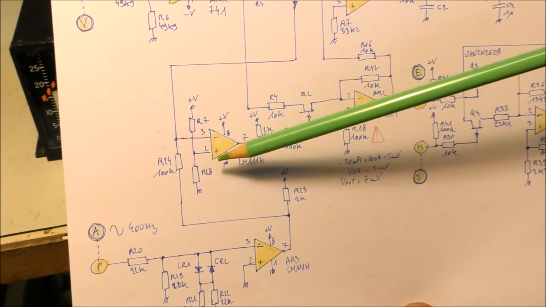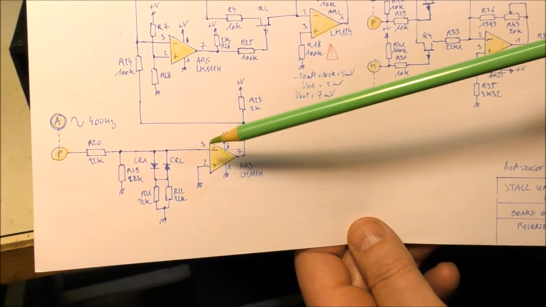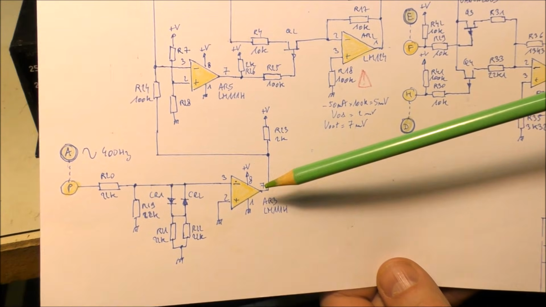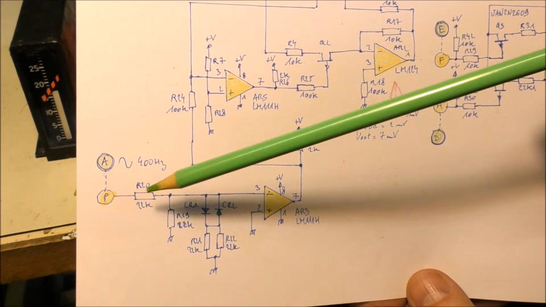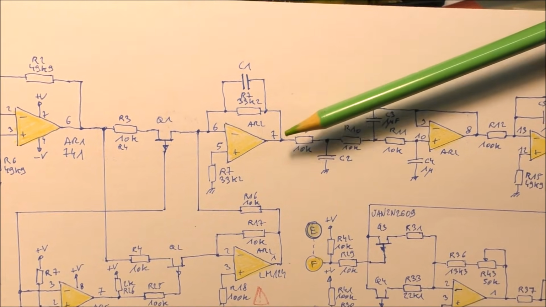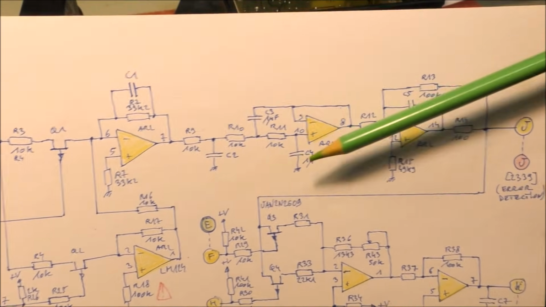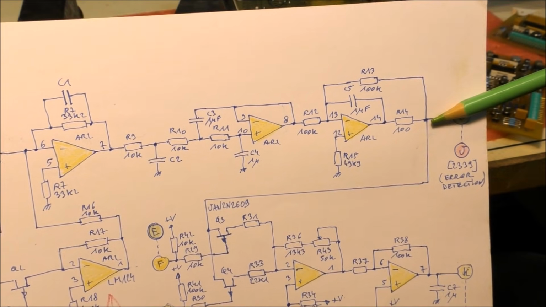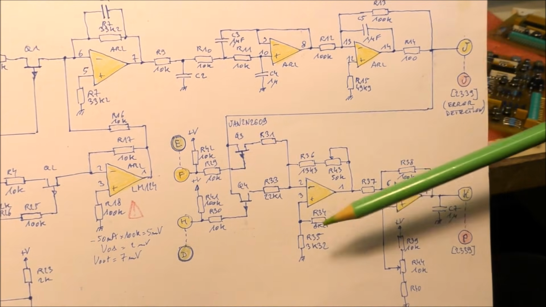So this permits to alternate between a gain of minus 3.3 and a gain of plus 3.3. We can see we have a comparator which permits to invert the square wave, and another comparator which permits to generate a square wave at 400 Hz. The input here is connected to the output of the generator. At this output we have a full wave rectifying. This voltage is filtered using this strong low pass filter here, and at the output there is a DC voltage, and this output is fed to this amplifier.